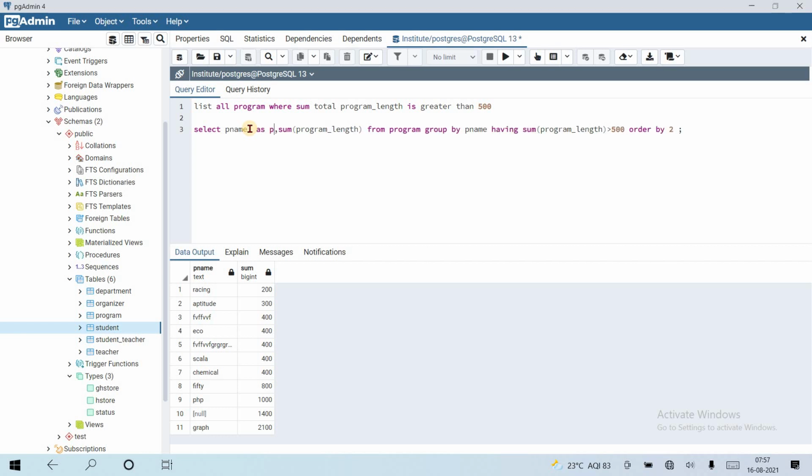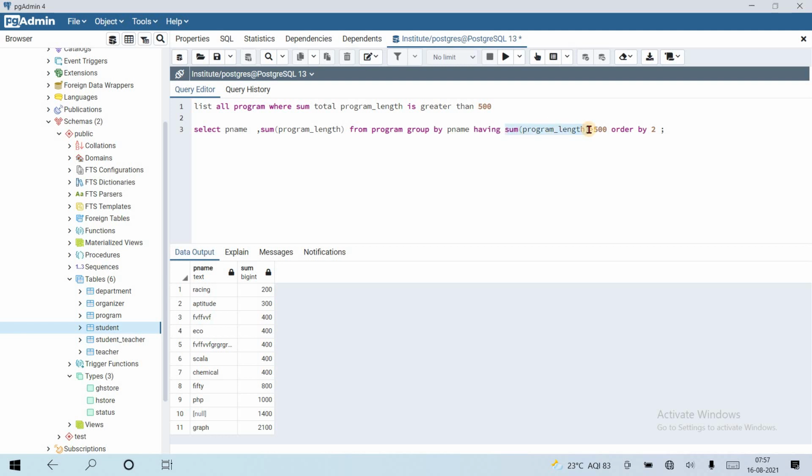Suppose p name as p. Okay, let's try first like this. We cannot use it because select is executed later in the execution order. Select is executed after the having clause.